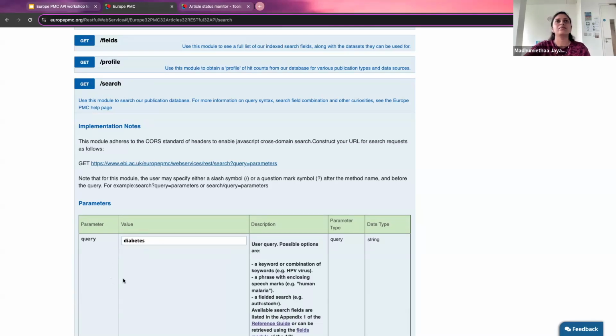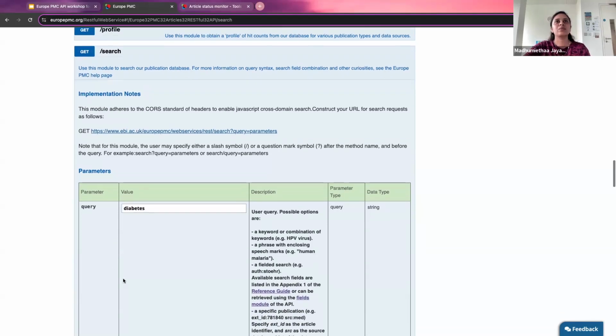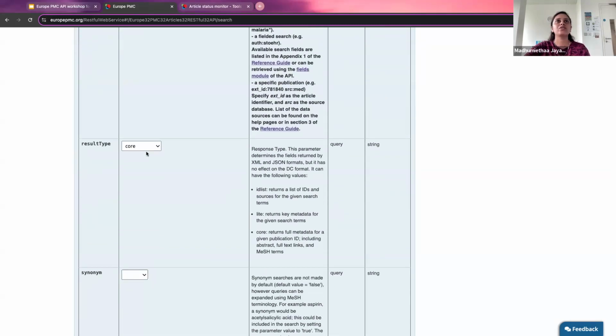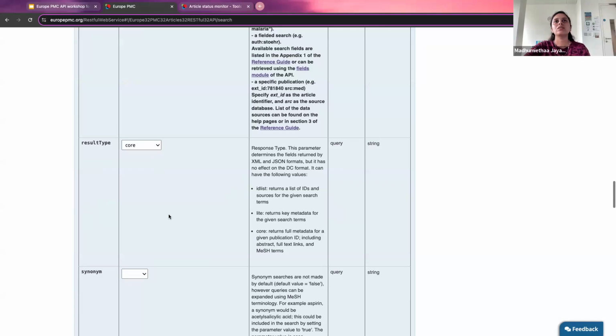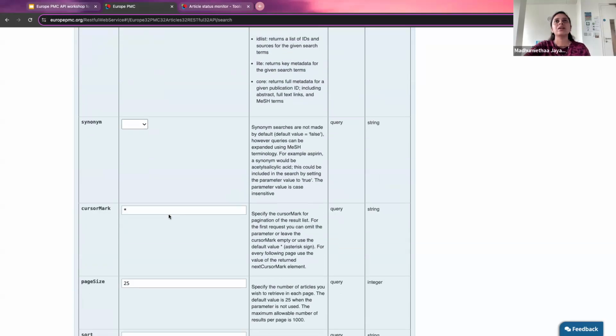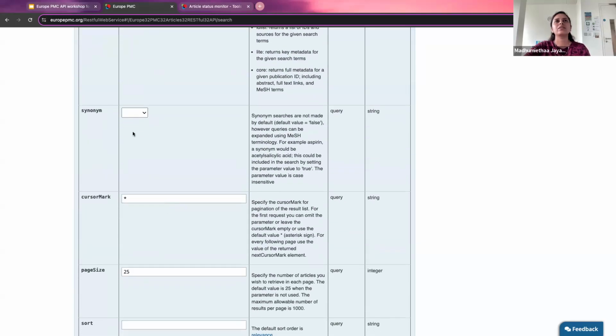Yeah, so I can just input the topic diabetes, and you can choose the result type to be core to include all the author information. And I can mention one more parameter here called synonym. By default, the synonym is set to false. However,